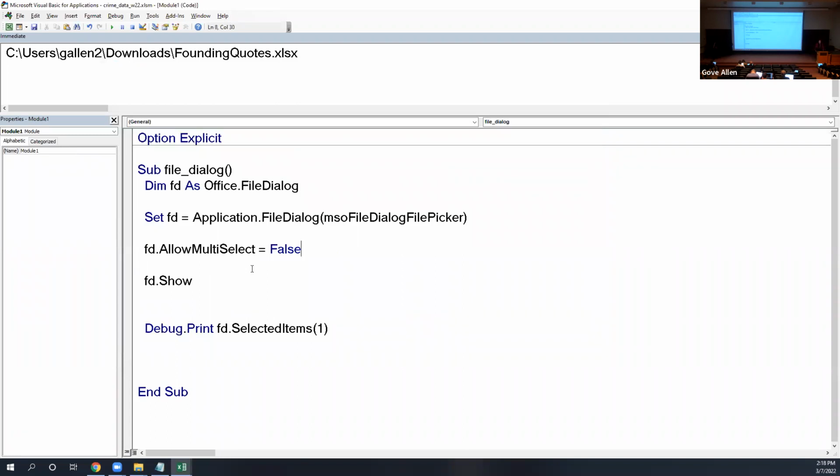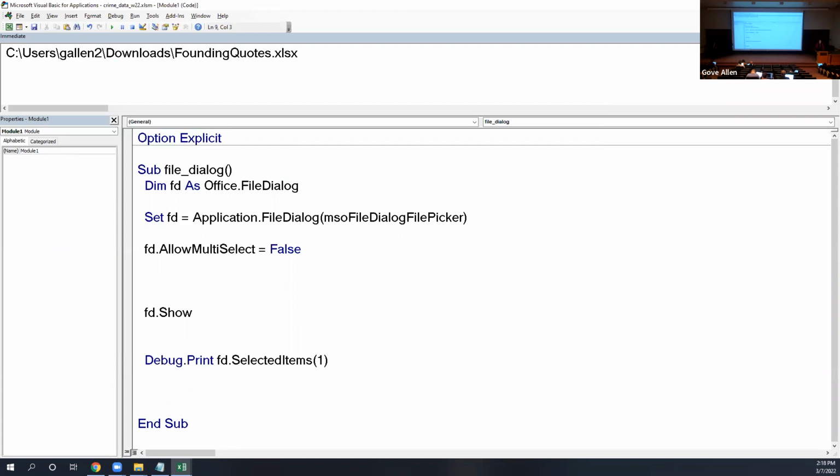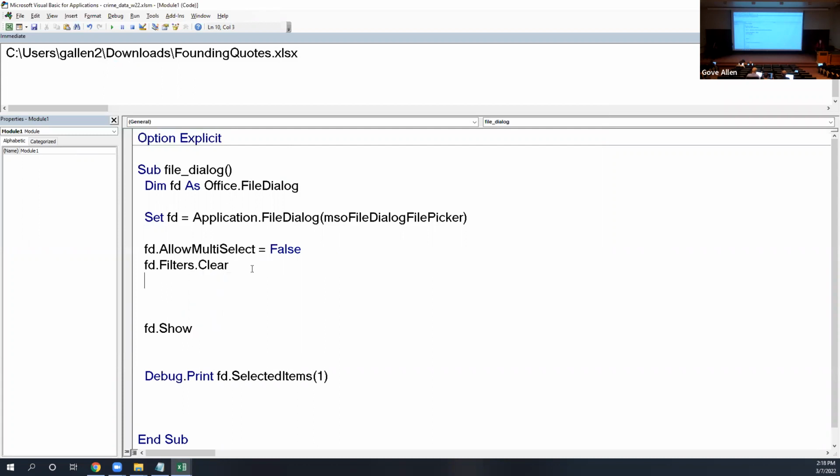All right, so I'm going to start off. I've got multi-select set here. Let me just do this. FD has an object called filters. So filters is what's in that drop-down list. And so I'm going to start off by clearing it. Whatever is there, wipe it out. And we're going to add our own filters. So now I'm going to say